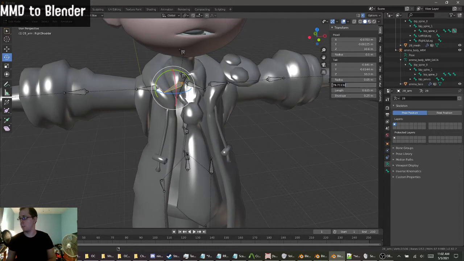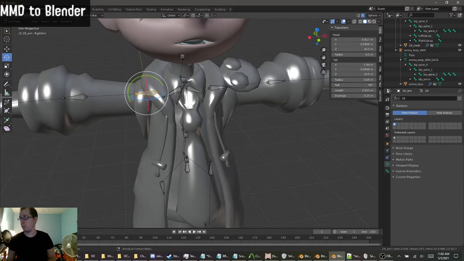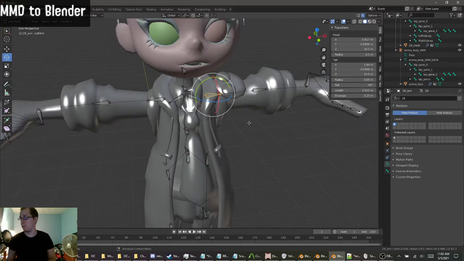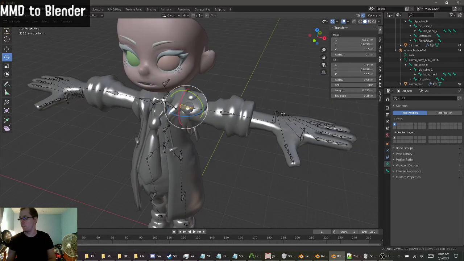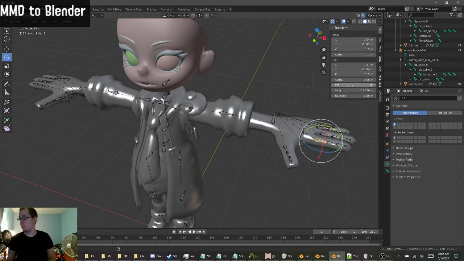I think this could be like 35 or something like that. But these right here is automatically 90 plus on the right, negative 90 on the right. But when I get to the fingers, these should be like 180